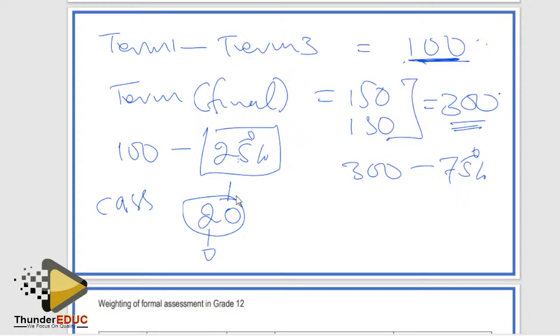If you are watching this video, maybe those people who are going to watch it next year, you know from the beginning what you need for you to have the distinction. And then I'm going to talk about those people who don't want a distinction, but they just want to pass. How much do you need for you to qualify? All right. Now, we convert this 300 to 75. And then now, when you add 25 plus 75, you get how much? You get 100%.